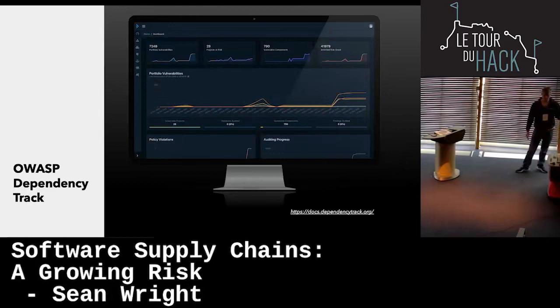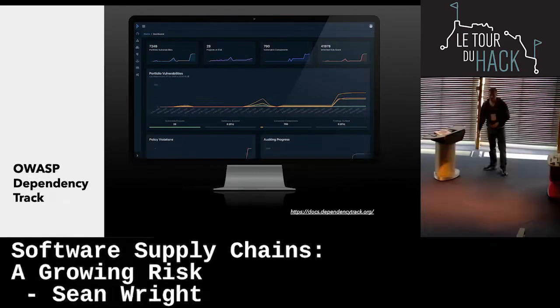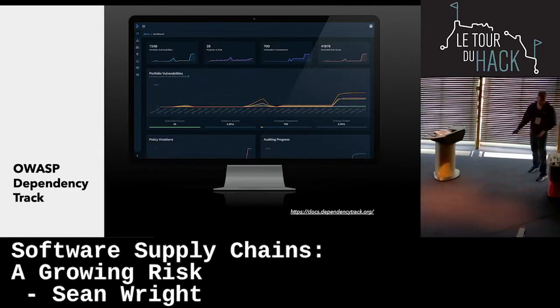So one of the tools that does a really fantastic job, I don't often recommend tools, I've tried to keep it as agnostic as possible, but I'll make an exception for this tool. This is something I've seen first hand the benefit of. It's a tool called OWASP Dependency Track, and I'll show you an example of that shortly. It's an OWASP project, entirely free. This is a tool that you could probably pay a few hundred to thousands of dollars to use, but it's free. Use it. There's no reason or excuse why you shouldn't be using something like this.